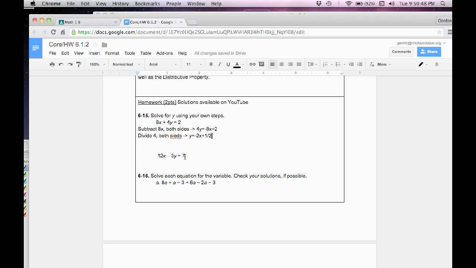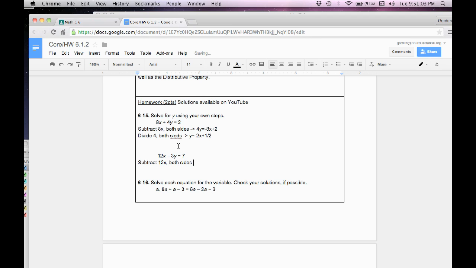Done. Okay, let's look at this example. We want to get y alone, so the first thing we're going to do is get rid of this 12x, and I'll get rid of it by subtracting it. And what that'll get us is negative 3y is equal to negative 12x plus 7, as we subtracted 12x on both sides. Now we're going to divide by negative 3 on both sides. Let's divide both sides by negative 3,